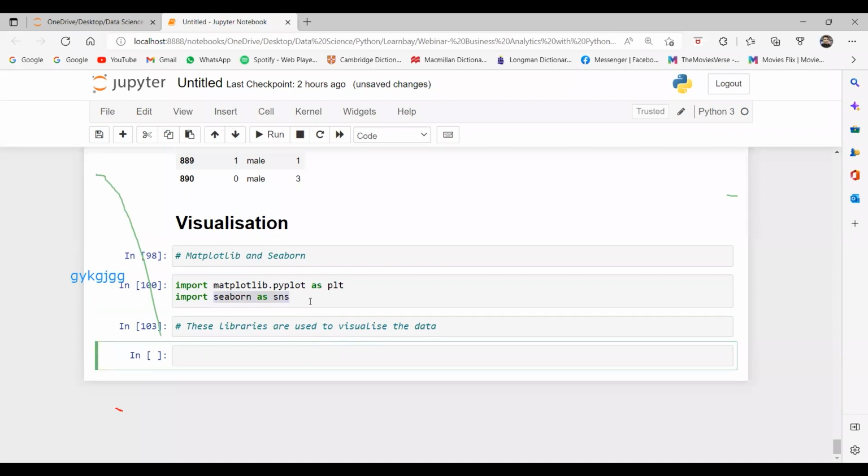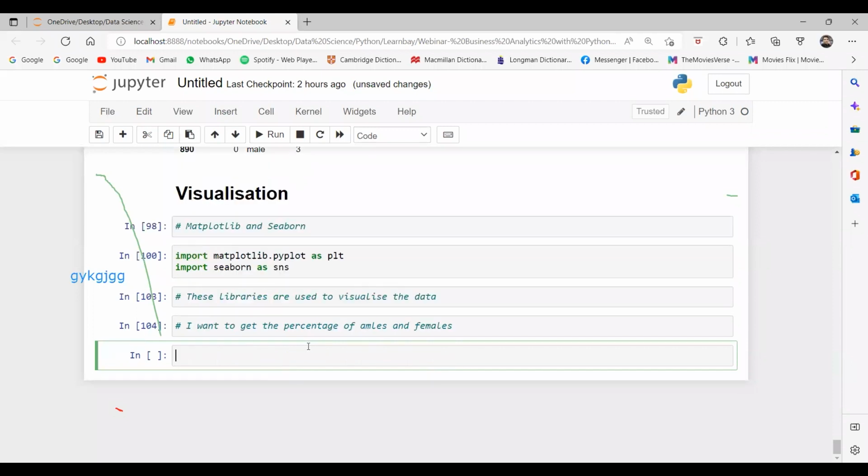For example, in my data, I want to get the percentage of males and females. Like what is the percentage of males and what is the percentage of females?